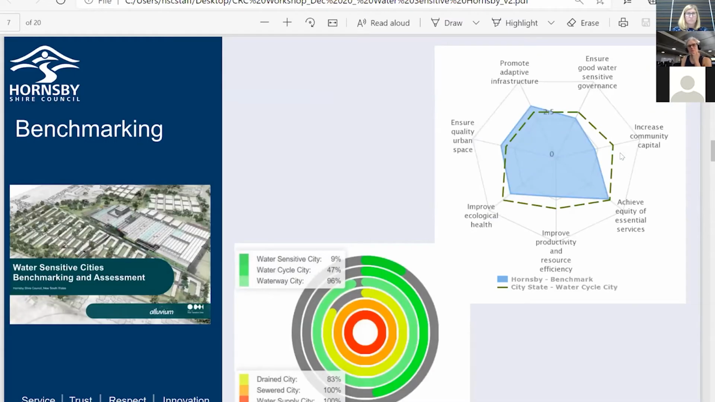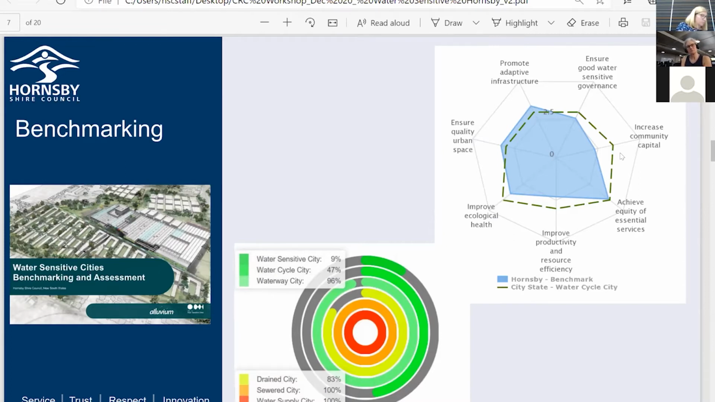So in regards to the benchmarking, which Jan has just talked about, Hornsby actually came out quite well. We went through the process of benchmarking with Alluvium and the CRC, which articulates the 7 goals of a water sensitive city and the 34 different indicators. For example, water literacy, leadership, fit for purpose, alternative water sources. That process involved live scoring